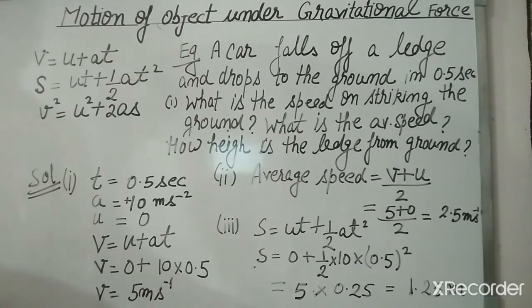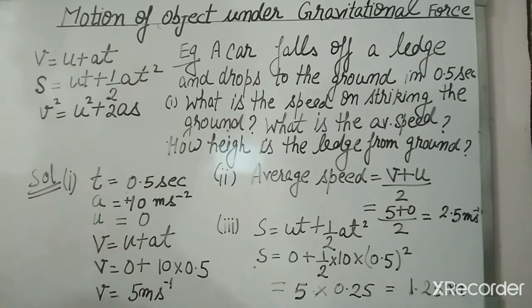Suppose we take a sheet of paper and a stone and drop them simultaneously from the height of a building. So what do we observe? We observe that the stone comes fast and reaches the ground, whereas the paper takes time. Right? So how does this happen? This is because of the air resistance. As the surface area of the paper is large as compared to the stone, the stone falls at very high speed and reaches the ground first, and the paper comes down slowly because of the air resistance.